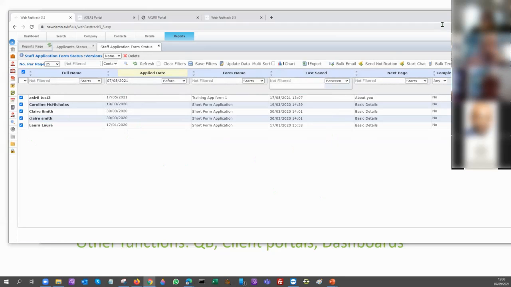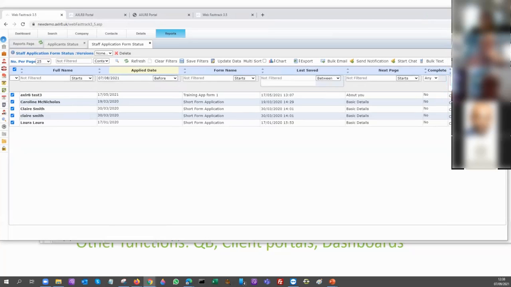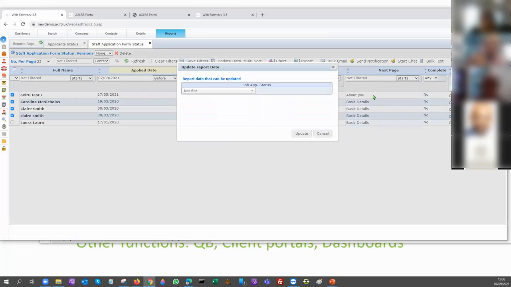So what we can do is you can use the report to bulk update data. So I've chosen all of these folks here. I might say, but not Laura, because we spoke to her and she promises that she will. And what we can do is we can bulk update their data. So we can change their job application status to rejected or didn't bother finishing it, click update, and all of those people's status will be updated,